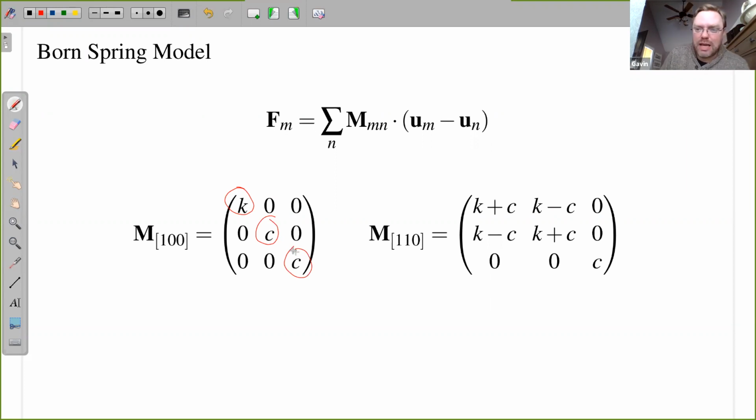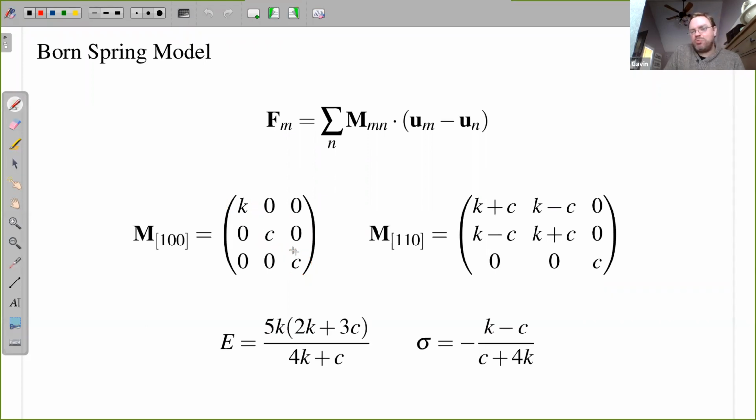Putting that into the rotation matrix, you can get it in any direction you want. So in terms of the 1, 1, 0, it's pretty much the same. And you can map this on, and I'll talk a little more about this later, but you can map the discrete equations onto continuum elasticity theory, and then you can get things like the Young's modulus and